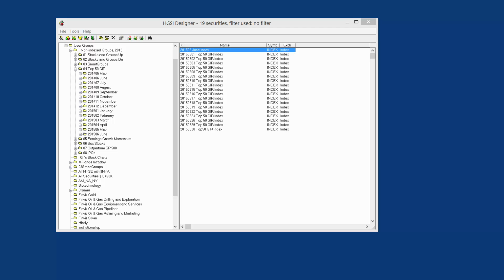Hello, earlier Ron Brown of HGSI showed how to generate the top 50 GIR report and how to do some analysis within HGSI on that report. What I want to do is take that a step further and show how to do extra analysis within EdgeRater. So as you can see, I have my top 50 GIR folder and I've got files in here going